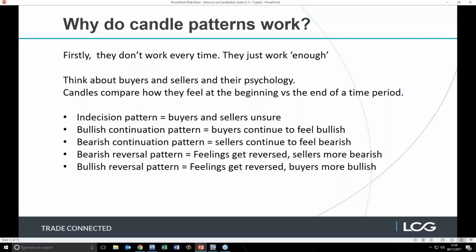In the case of reversal, as the name implies, the feelings are getting reversed between the buyers and sellers. While buyers were feeling confident and in control, the reversal pattern indicates that actually they're losing control, they're getting less confident, and likewise, in the case of a bearish reversal pattern, those sellers are gaining confidence, getting more bearish. And it's exactly the same thing for the bullish reversal pattern. The feelings have been reversed after a